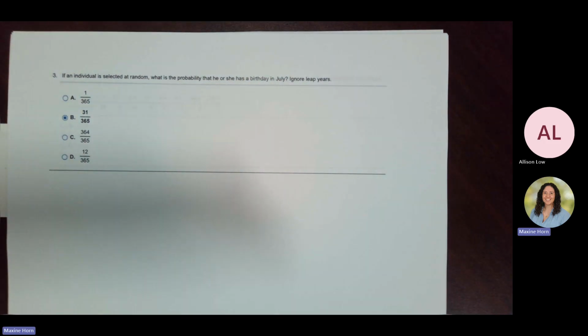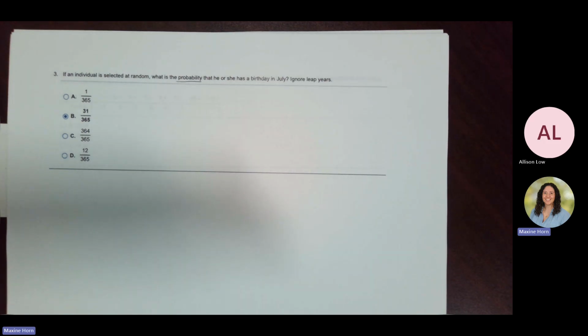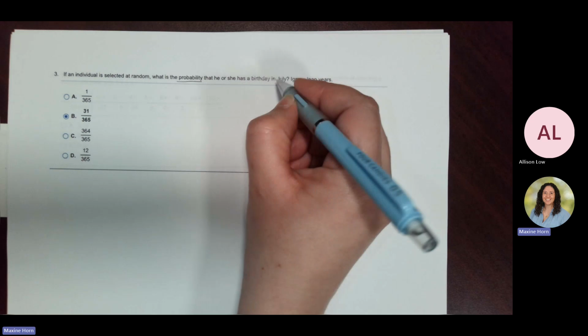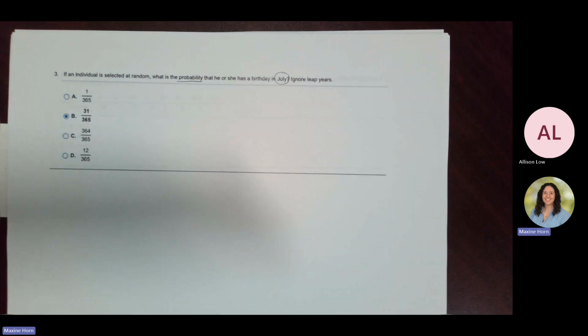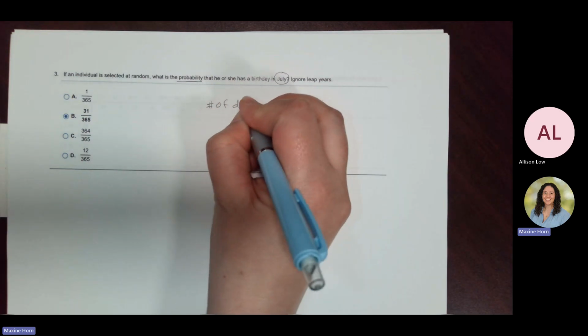Okay, if an individual is selected at random, what is the probability that he or she has a birthday in July, and ignore leap years? Okay, so we're talking about probability. So they want us to focus on if they have a birthday in July. So for a lot of probability, you can kind of think of it as like fractions, like the part over the whole. The part is the number of days in July,